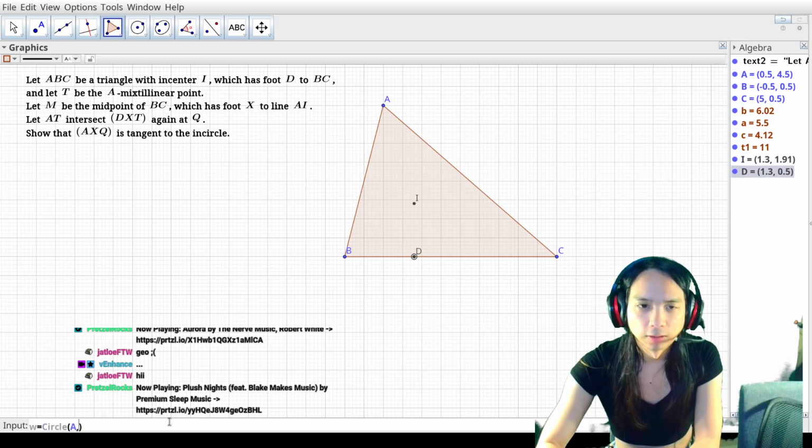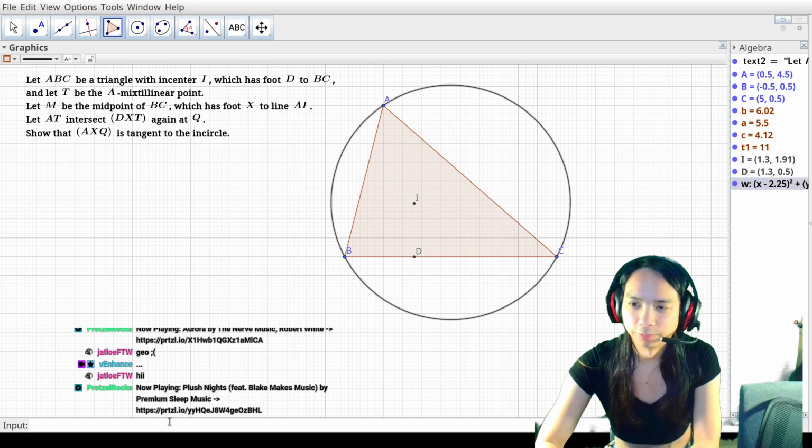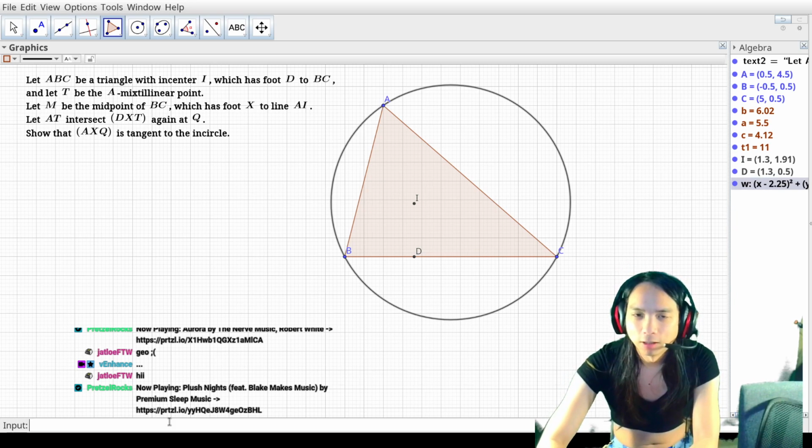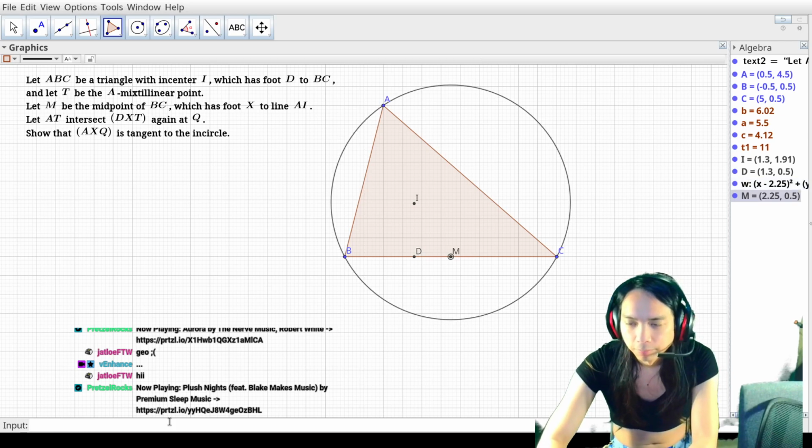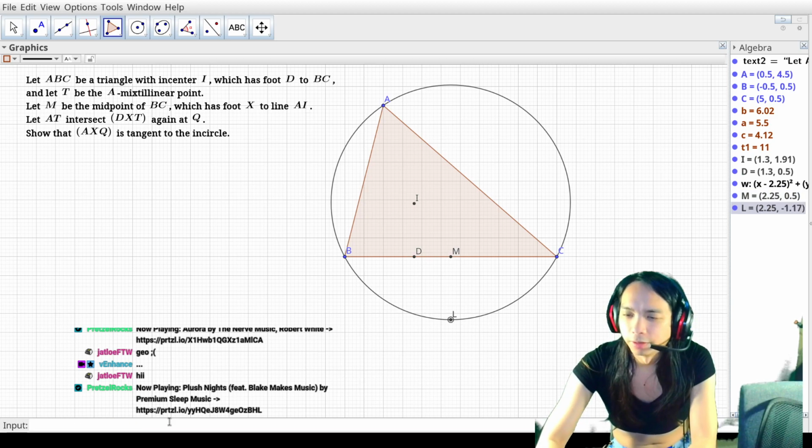We're just gonna let the circumcircle come in now. I'm gonna already just input M, the midpoint of BC. We're gonna let L be the arc midpoint. And the reason I'm doing this is because, as far as I know, this is the cleanest way to get the